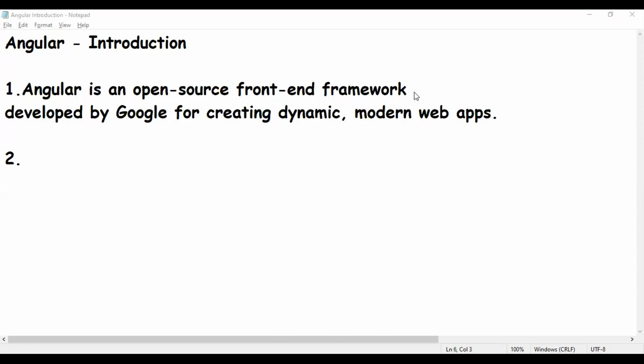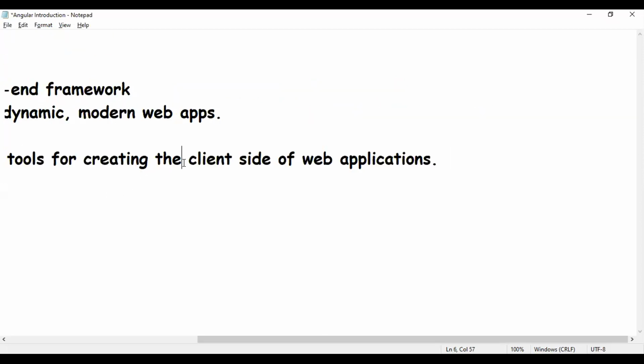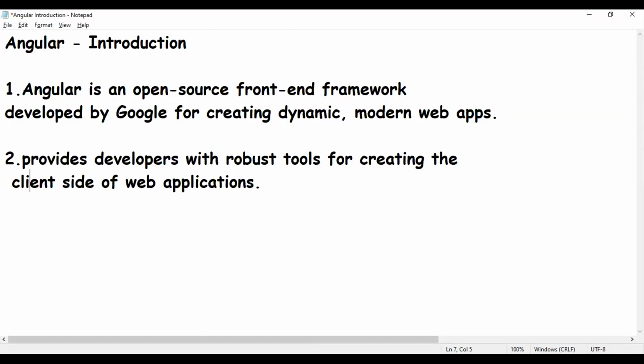Angular provides tools for creating client-side web applications. That is the second point.